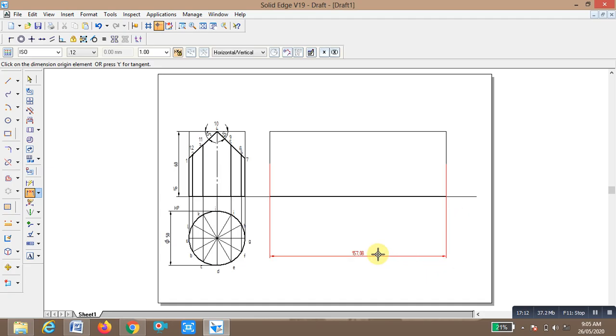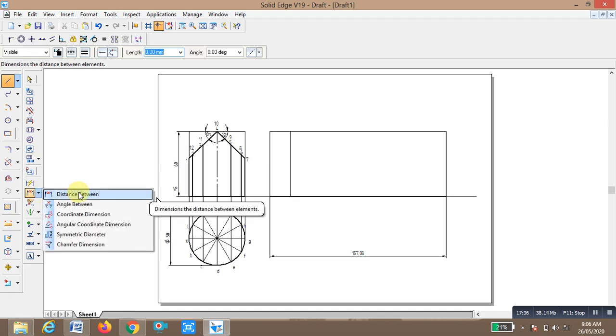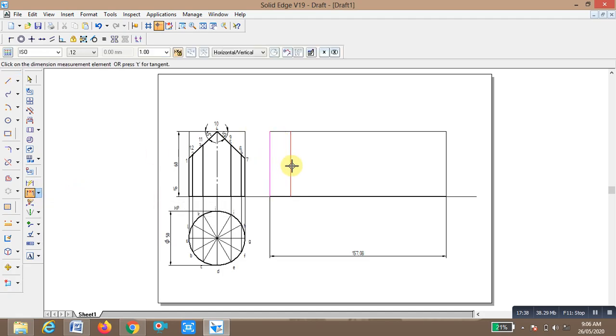So here I am going to draw a line of 13.09. The distance between this line and this line measures somewhat 18.46, so change it to 13.09, enter. Now I want to divide this rectangle into equal 12 parts.